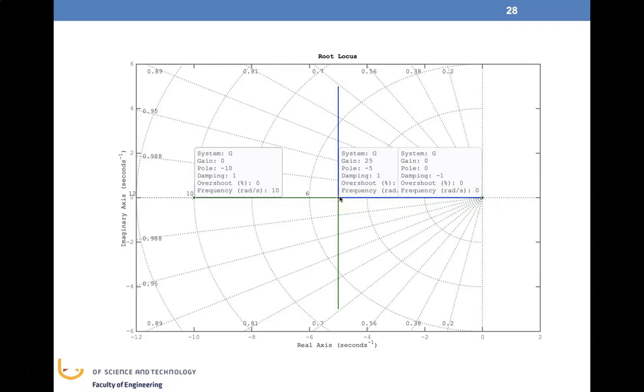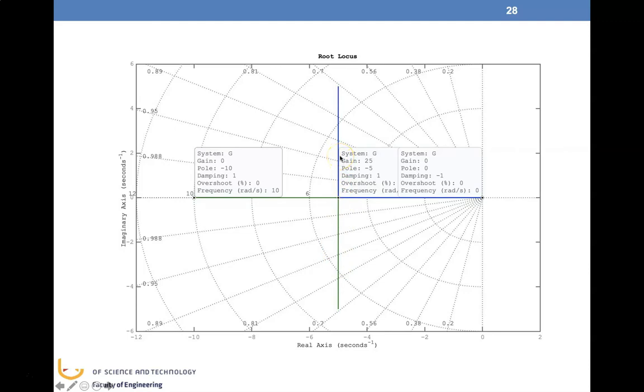The root locus shows the changes in the transient response. As K varies, the poles are real and distinct for gains less than 25. Therefore, for this range of K values, the system is overdamped. At K equals 25, we have repeated roots, which means our damping ratio is 1, and hence our system is critically damped. The system then breaks into the complex conjugate region for gains above 25,